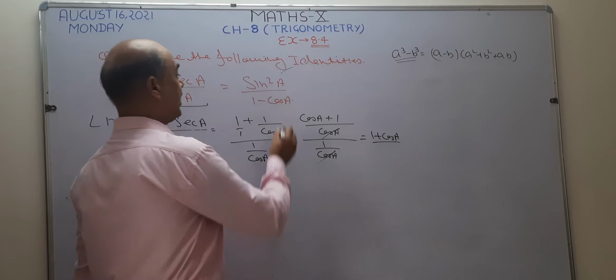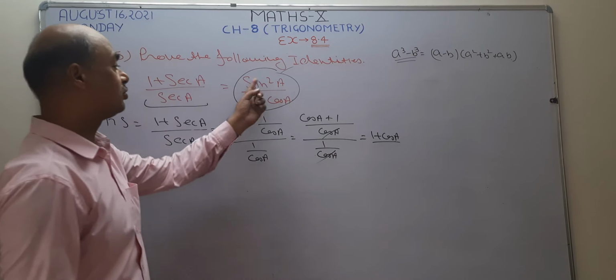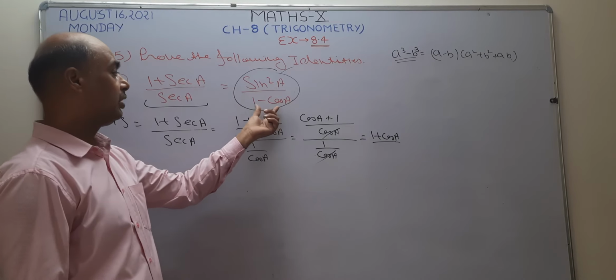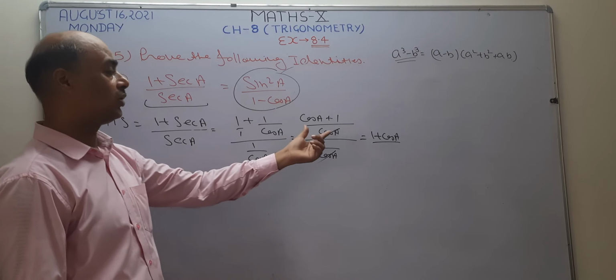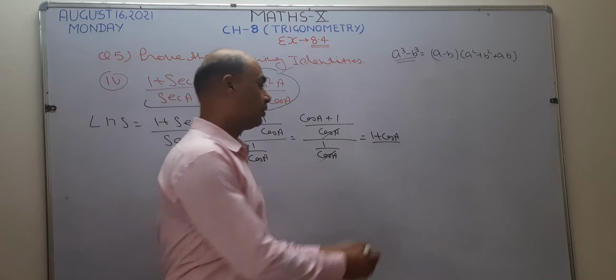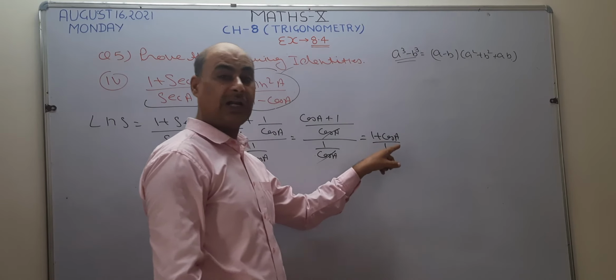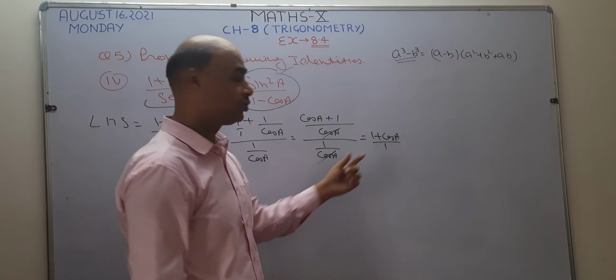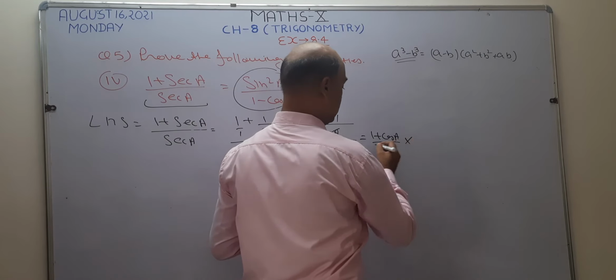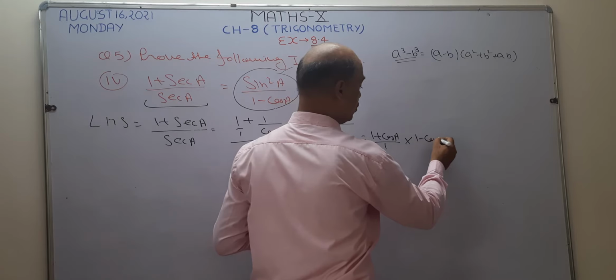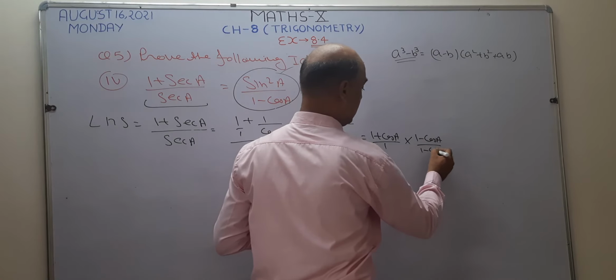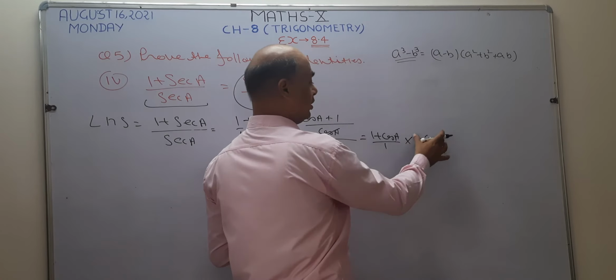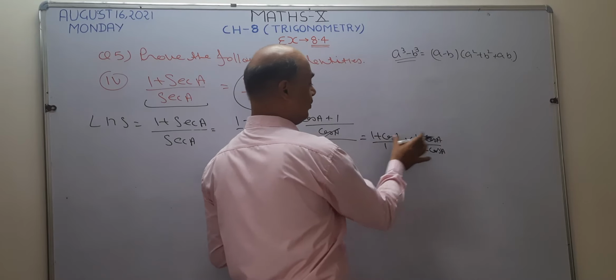Now in my right hand side the requirement is sin square A upon 1 minus cos A. Requirement is 1 minus cos A. So I want to rationalize this. Can I rationalize this number? We can rationalize the numerator also. If positive sign is there, how will we rationalize? We take the negative sign. So I want to rationalize this number. So I will write here 1 minus cos A and 1 minus cos A. I want to multiply and divide by 1 minus cos A.